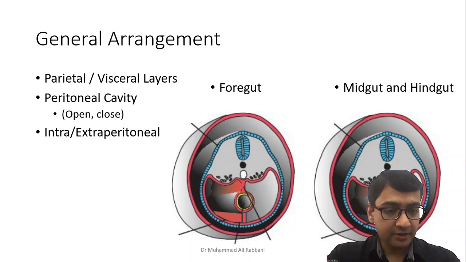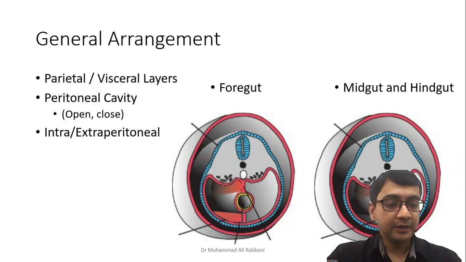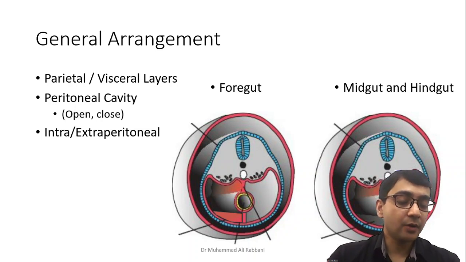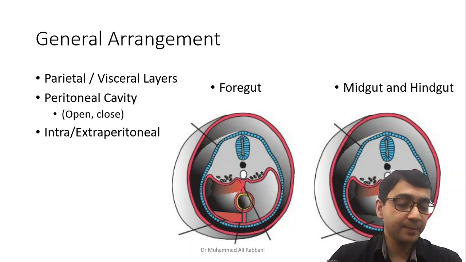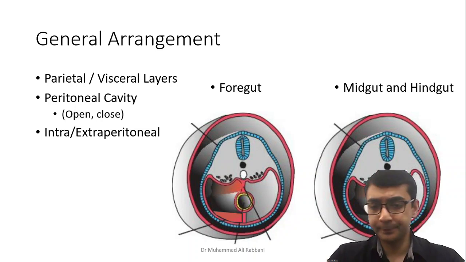Between them there is a connection that is known as mesentery, in this case dorsal mesentery because it is towards the back. All of this empty space between the visceral and parietal layer is known as the peritoneal cavity. This peritoneal cavity is symbolically shown as a large empty space, but actually the whole viscera expand out and touch the walls and sides of the cavity, so there is not much space practically. It is very much a collapsed space containing only a few millimeters of fluid.